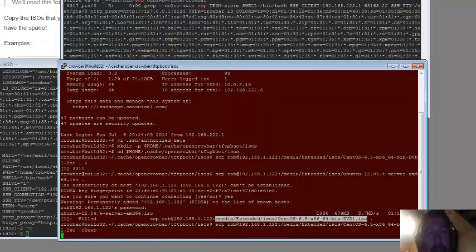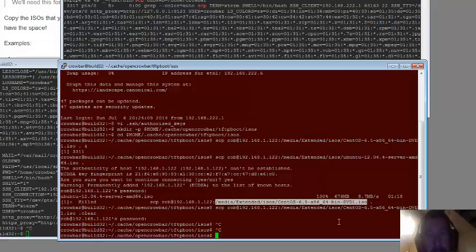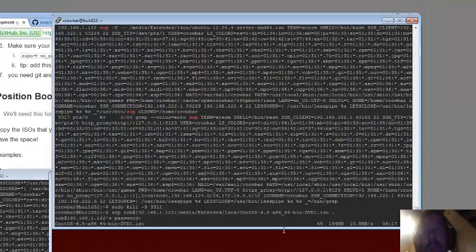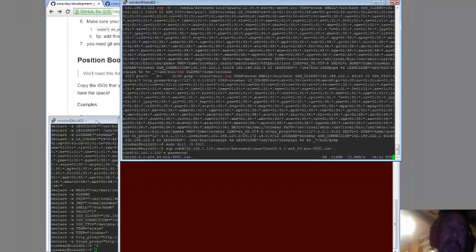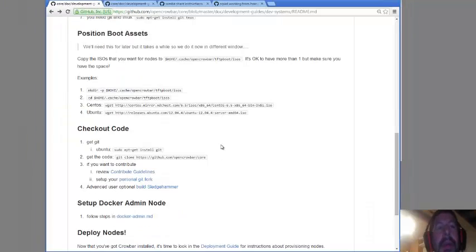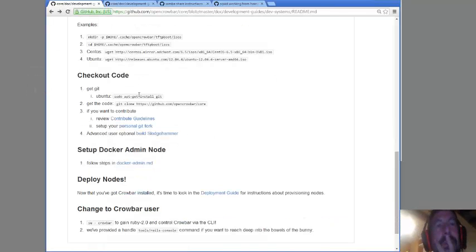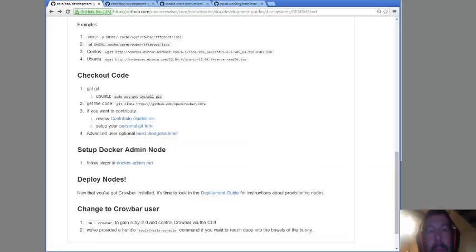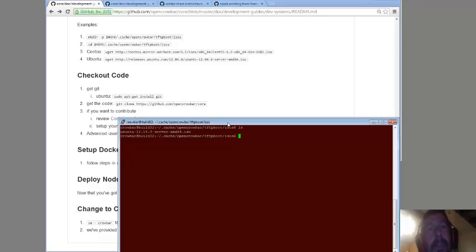Alright, I didn't finish that. Oops. So we have our Ubuntu disk, our CentOS disk is a little bit bigger, so it's coming along. And now we're finished with positioning the boot assets. We're going to move into checking out some code, which is pretty darn good. Next, so let's go back into this window,